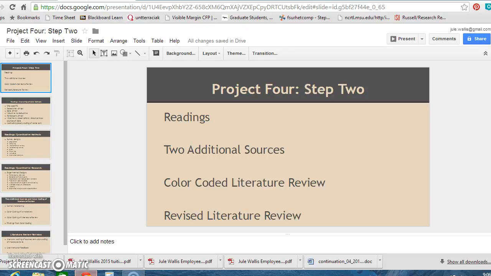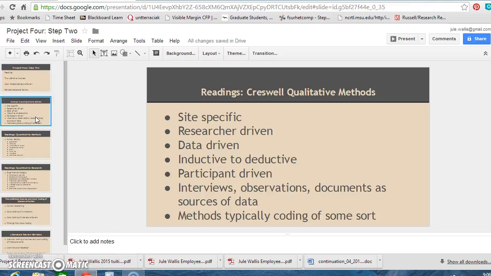Hello, we're going to go over Project 4, Step 2, and we're going to go over the readings, the use of 2 additional sources within your literature review, the color coding of the literature review, and the revision of the literature review. Right, so the first area that we're going to cover are the readings,